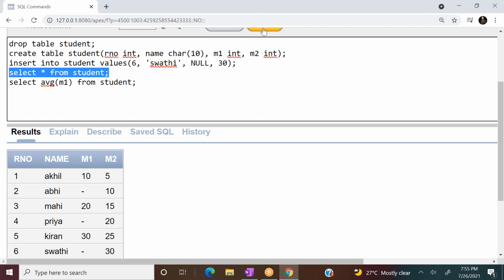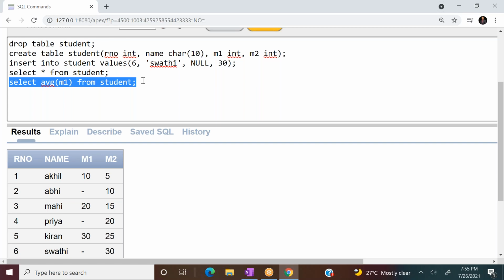Option A null, option B 10, option C 20, option D error. What is the average of M1? What is the output of this query?